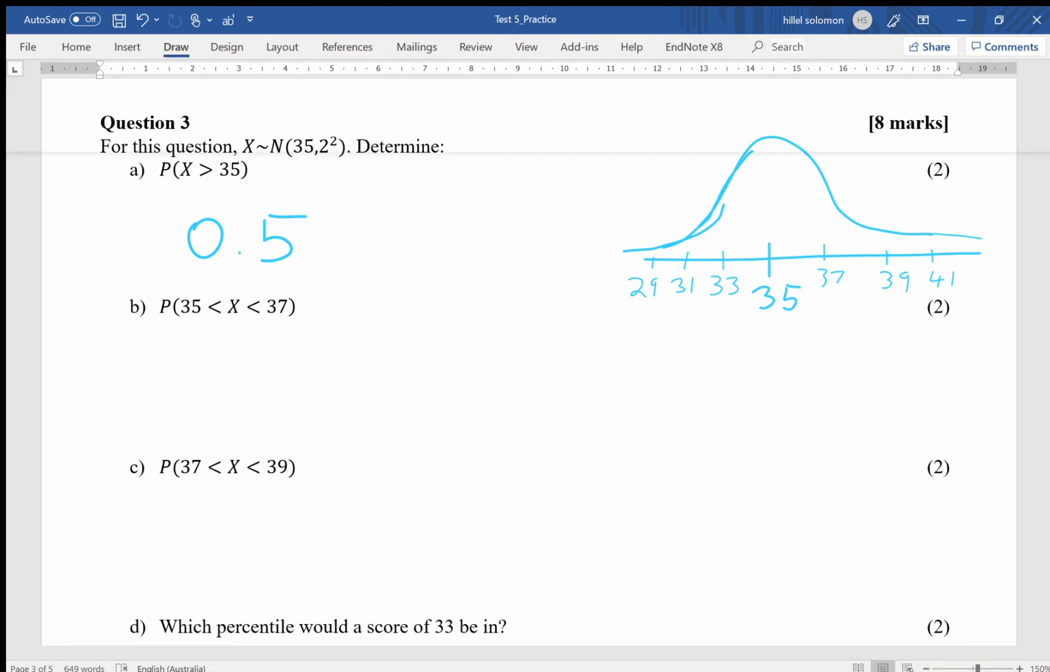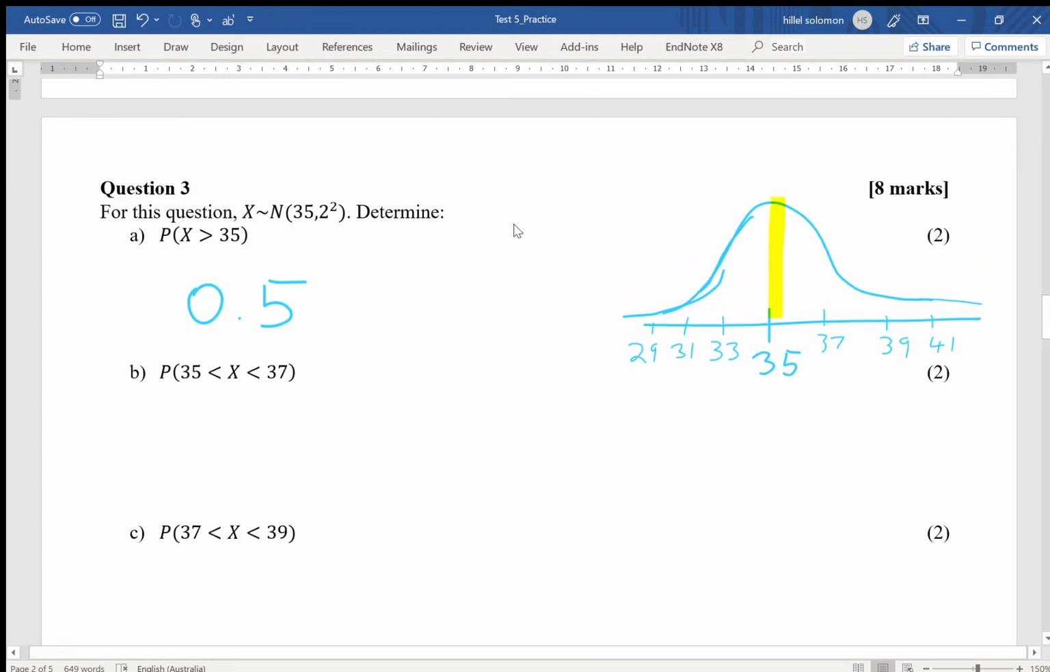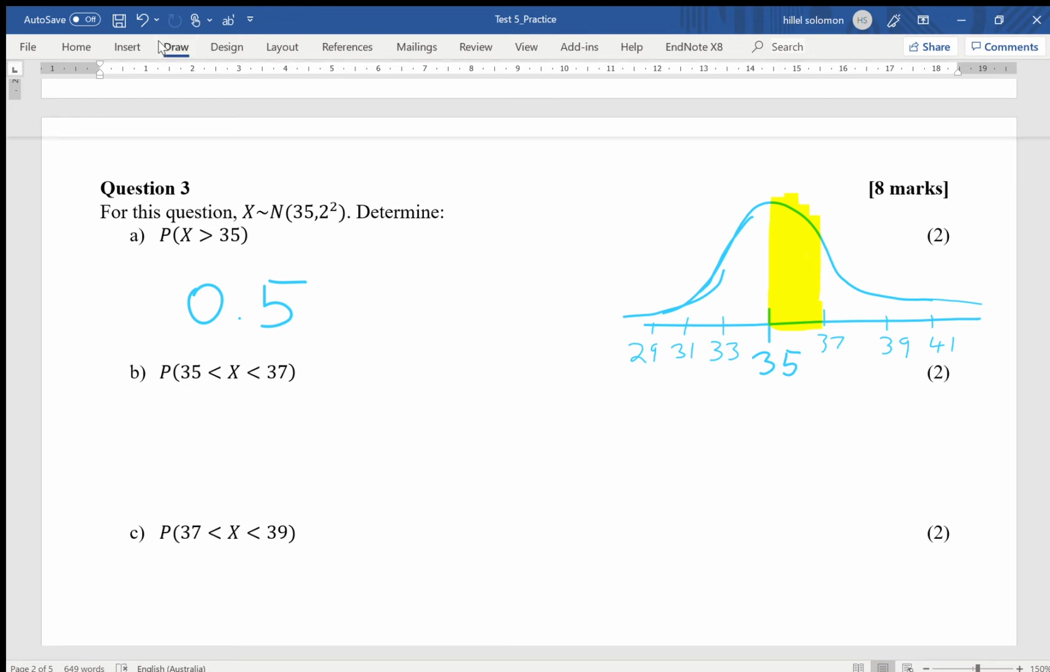So I'm just going to get up a different color here so that we can show you that area that we're talking about. It's always good to shade it in between 35 and 37. Well, I know that from 33 to 37 is 68% of the scores, and because it's symmetrical, 35 to 37 will have half of that. So the answer will be